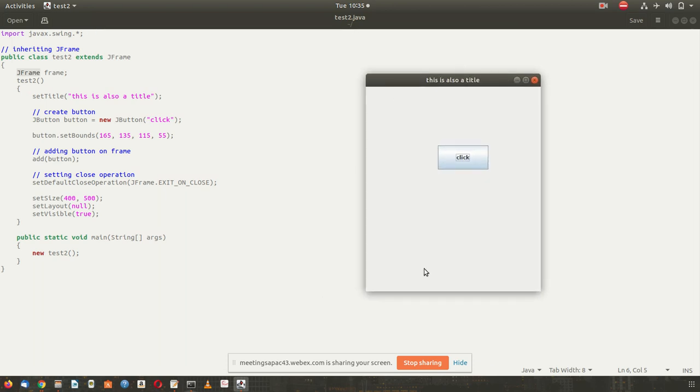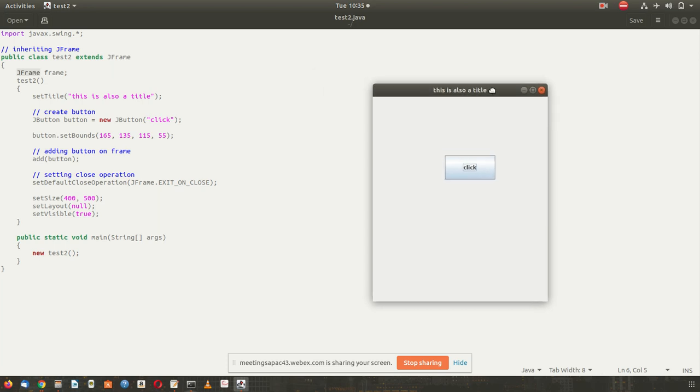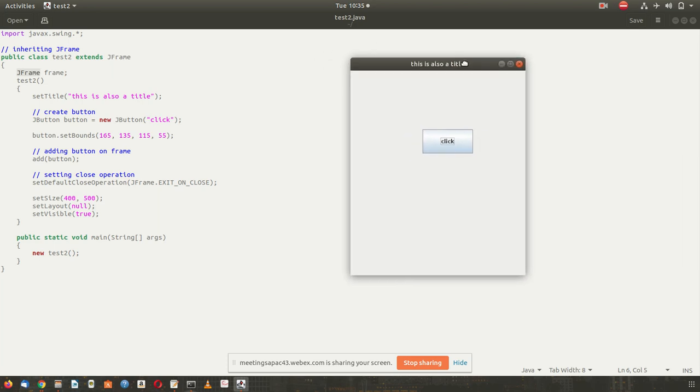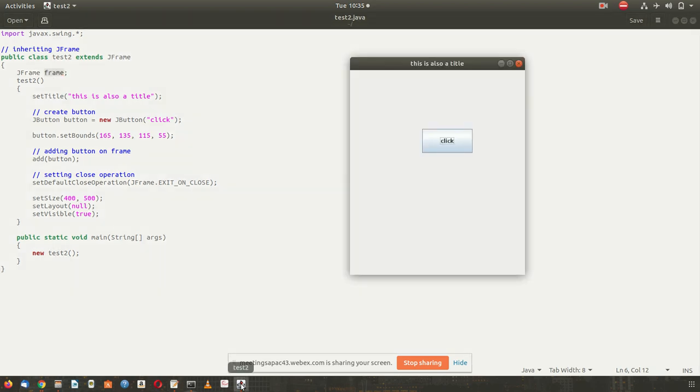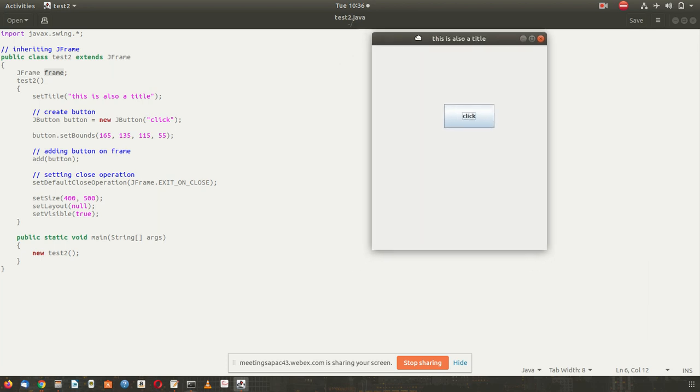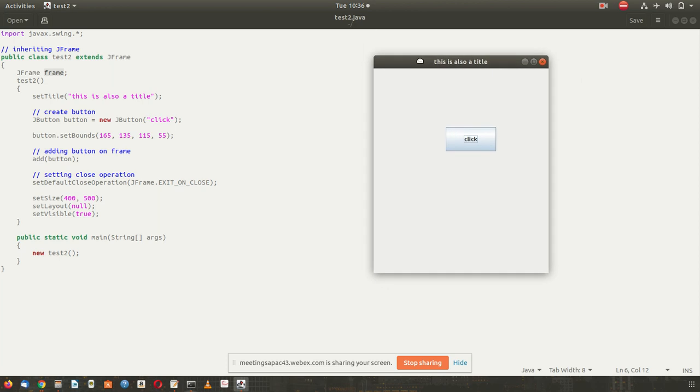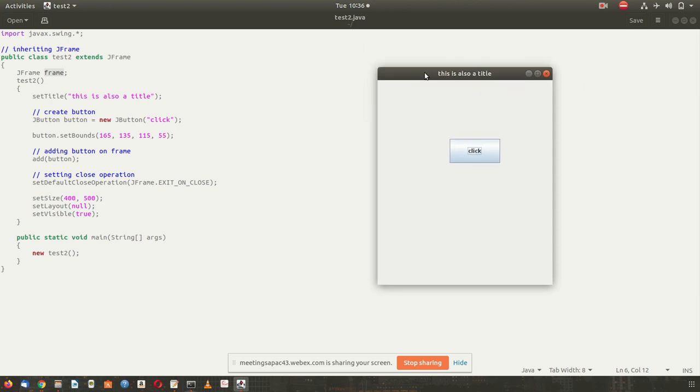Whatever has appeared here is a default version identified by Java when the JFrame command is given. When a JFrame command is given to draw a frame, how to draw it, what the background processing is, what the default color of the border should be, these things are not specified by the external environment. It is there in the internal environment, which if required can be changed programmatically.